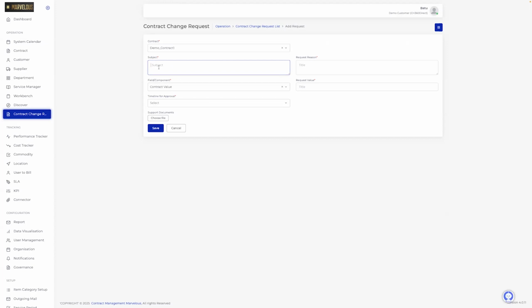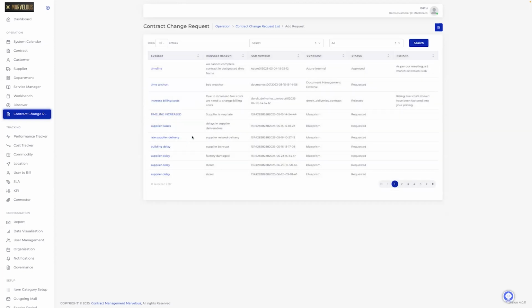Then I'm going to put in the subject of what I want to change, the reason why I want to change it, which field I want to change, the requested value, and the timeline for the approval of the change, right? And if you want any supporting documents, you can upload them as well through here. Once you click on save, that will update your contract change request dashboard that you see right now. Okay, and it's that simple. Once the contract change request is approved,